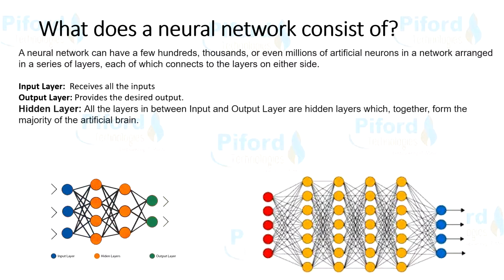Meaning we are doing lots of calculation over here. We are processing the data, and after processing the data, we are giving that data to the output layer to finally show us the output. So over here we have lots of hidden layers. When we have lots of hidden layers, the network becomes a deep neural network, and we use a deep neural network when we have to solve complex problems. So this is what a neural network consists of.